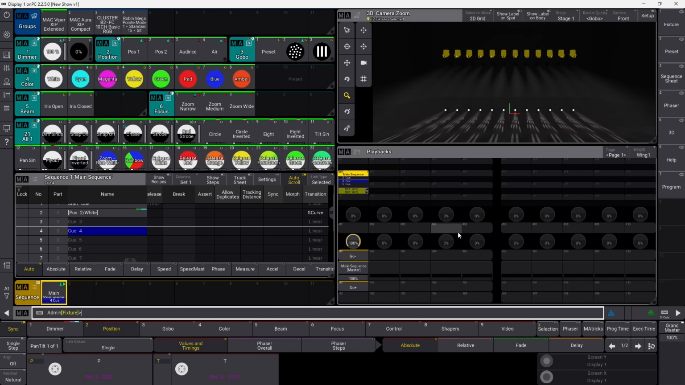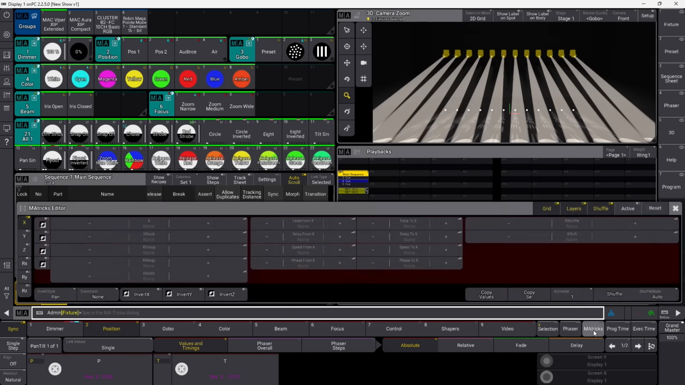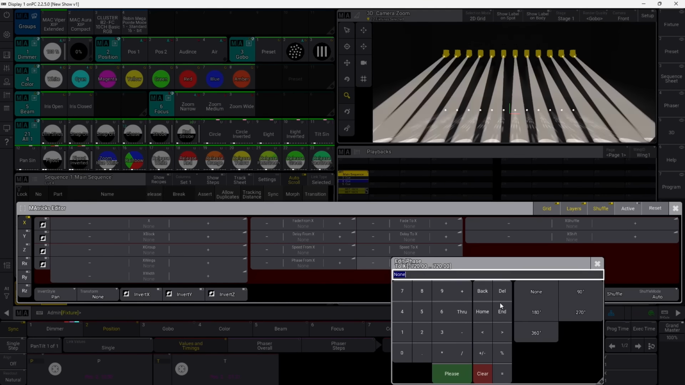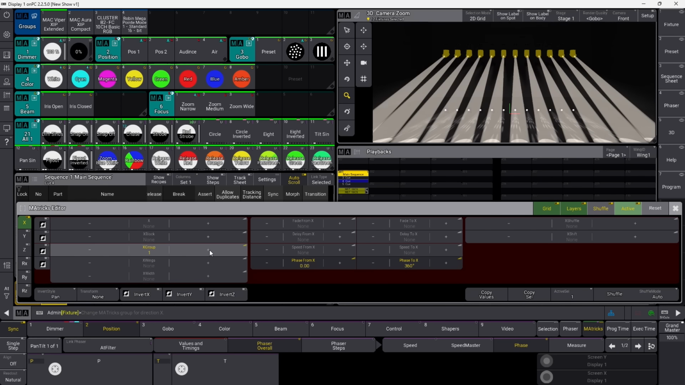Now the MAtricks start to be really interesting, because now we have this and it's boring because they're all doing the same thing. We don't want that. We want to make it look funky. So we press the MAtricks here. We have this one called Phase to X. If I click this, I can select 360, and you can see as soon as I press that one, we have something going on. And here again, you can apply groups,